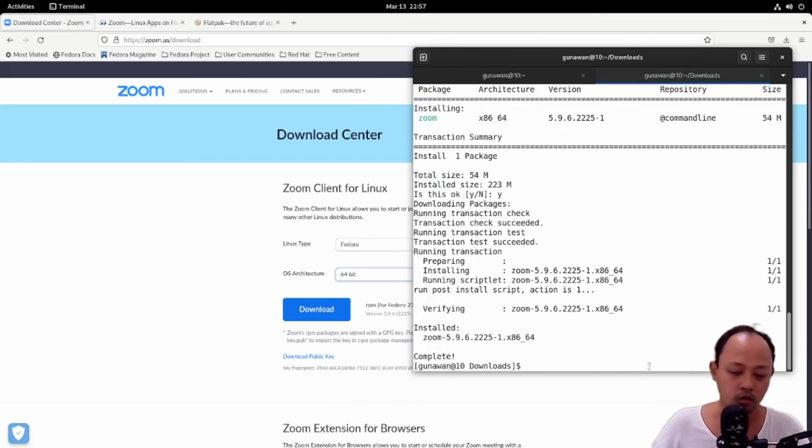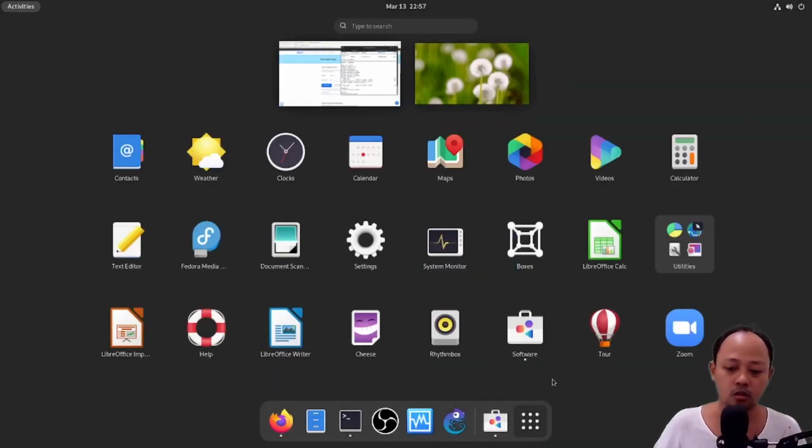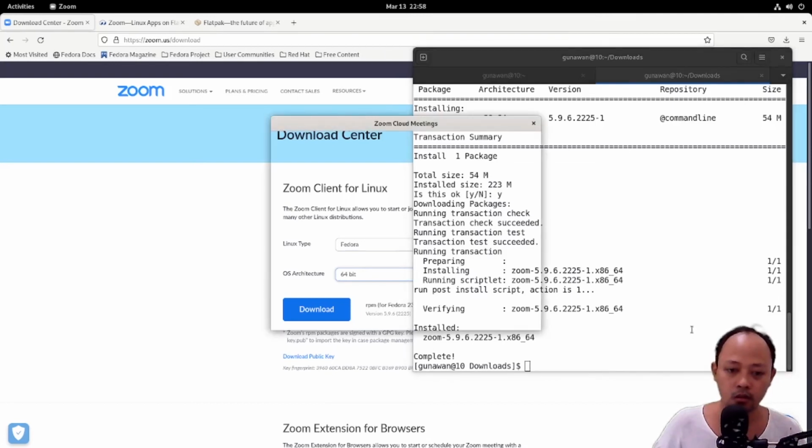The installation process is done. Let's check the launcher. So Zoom is installed already. We will try.